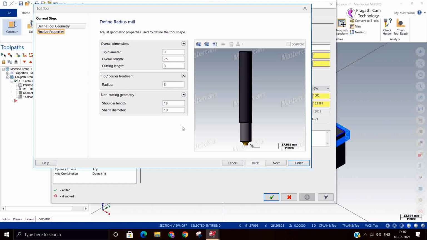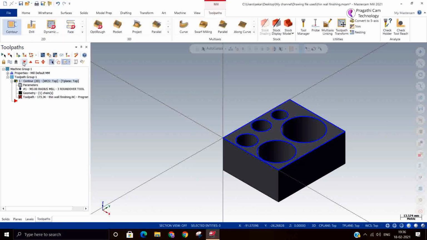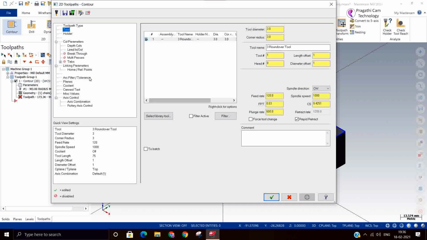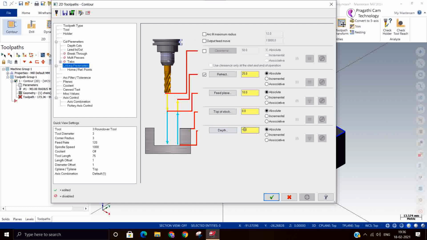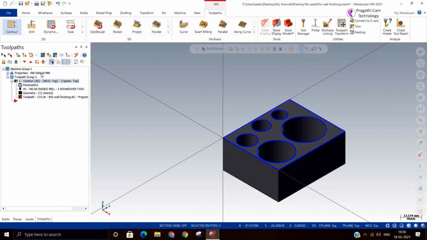So you can modify the tool. Okay. We can change the depth also. We'll give -3. So it will make a 3 mm fillet here.